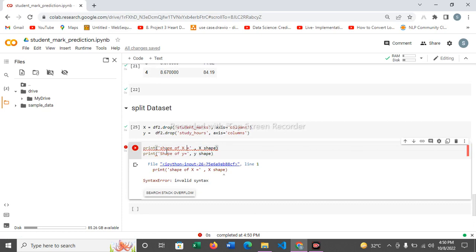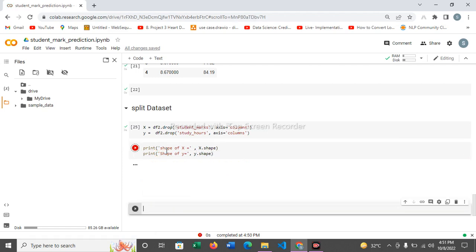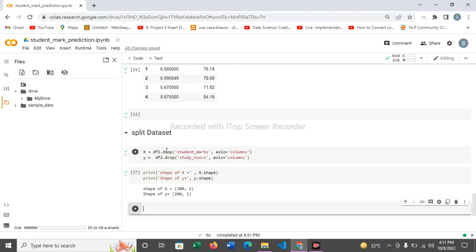Alright, some problem is going now. Yeah, the dots are missing, I think so. It's showing some. Yes. Here, did you see that the shape of the x is 200 rows and one column, and the shape of the y is 201 column. Alright, that's my